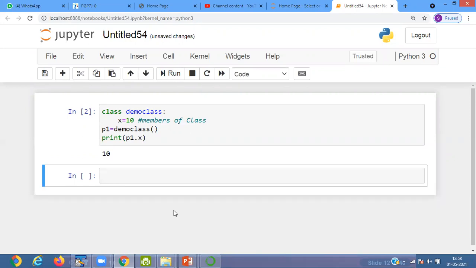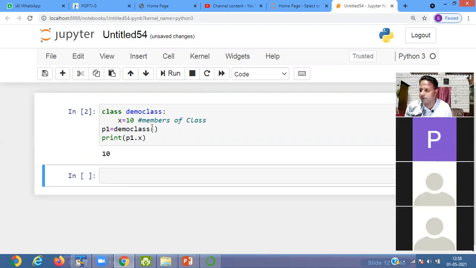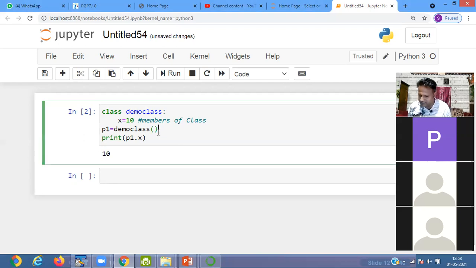See that? So class is a keyword for defining a class. x equals 10 is called a member of the class. Then this line is creating an object of the class, and through this object we call the member.